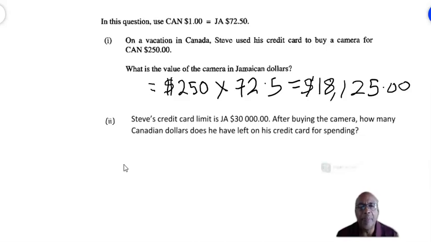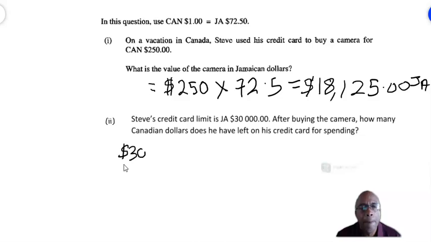Steve's credit card limit is Jamaican $30,000. Okay, remember this is Jamaican dollars. Let me put it here. So this is Jamaican dollars. After buying the camera, how many Canadian dollars does he have left on his credit card for spending? So he has spent $18,125 in buying the camera. That's Jamaican dollars. His credit card limit is $30,000. So therefore, what is left on his credit card is found by subtracting